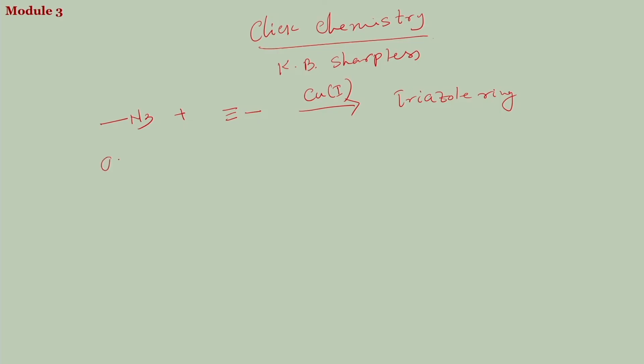So, it is a reaction between azide plus alkyne in copper 1, using copper 1 catalyst, gives you a triazole ring, which in this case, if you call this R N3 and if you take this as R prime, this is R prime and this is R, then your product would be